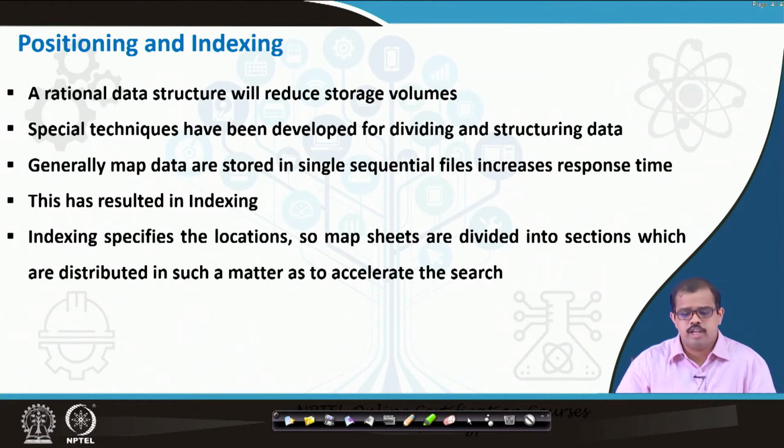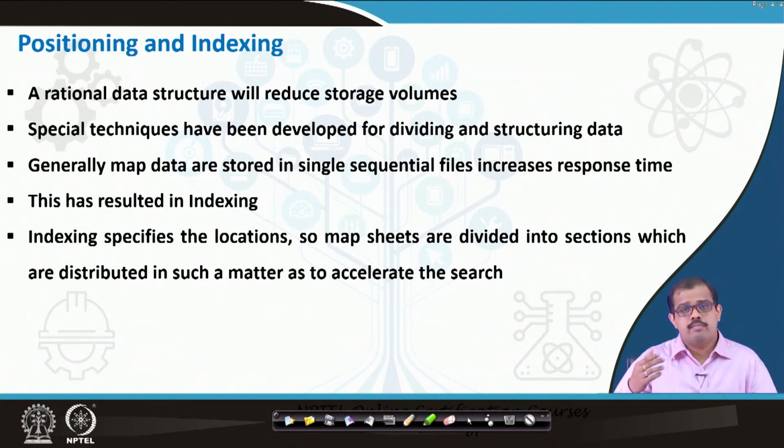Then special techniques have been developed for dividing and structuring data. Generally, map data are stored in single sequential files, which increases response time. So, what they do is give a multi-sequential file, which means it is not purely sequential. Because of the multiple access and random access, it will be much easier and faster to access the map data.